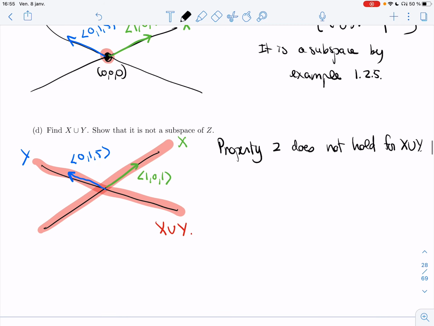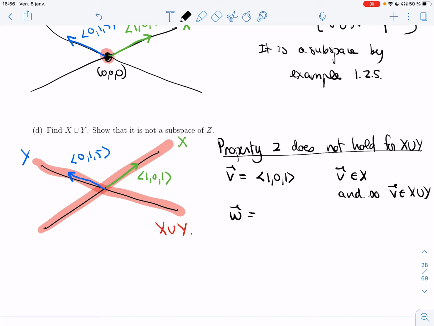All right, so I want to prove that property 2 doesn't hold, so I'm going to take v to be 1, 0, 1. v is in X, and so v is in X union Y. I'm going to take w to be the generator, let's say, of Y. So w is in Y, and so w is in X union Y. But now if I take the sum,